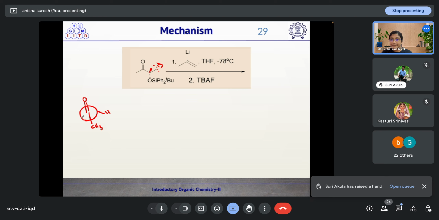Any doubts? This OSiPh2tBu, that we can represent as OR, and this methyl group is present like this. So if we just rotate it such that the OR group will be coming perpendicular to the carbonyl,